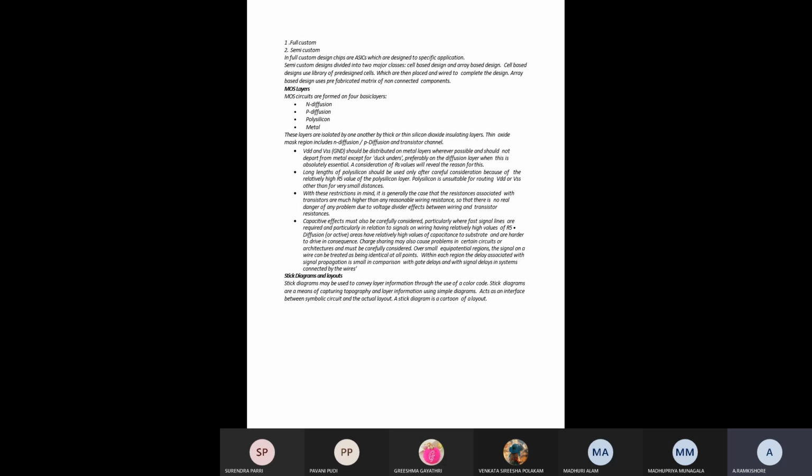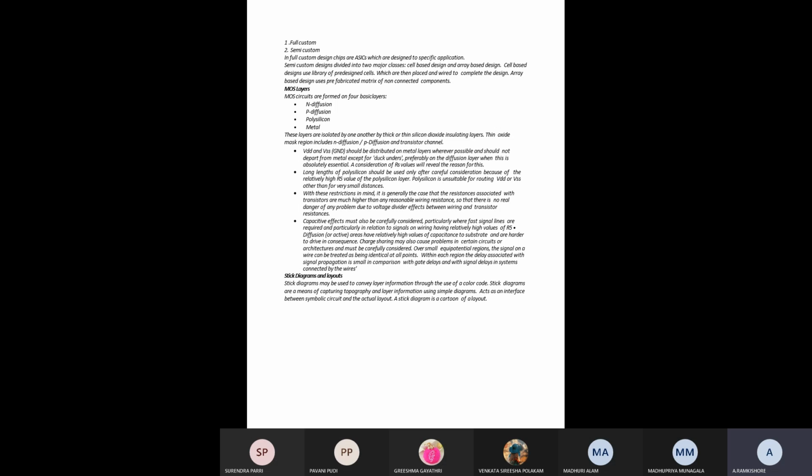These layers are isolated from one another by a thick or thin silicon dioxide insulating layer. Whether we design an NMOS transistor or a PMOS transistor, we use the diffusion, polysilicon and metal layers, which are isolated from one layer to another with the help of silicon dioxide insulating layers.